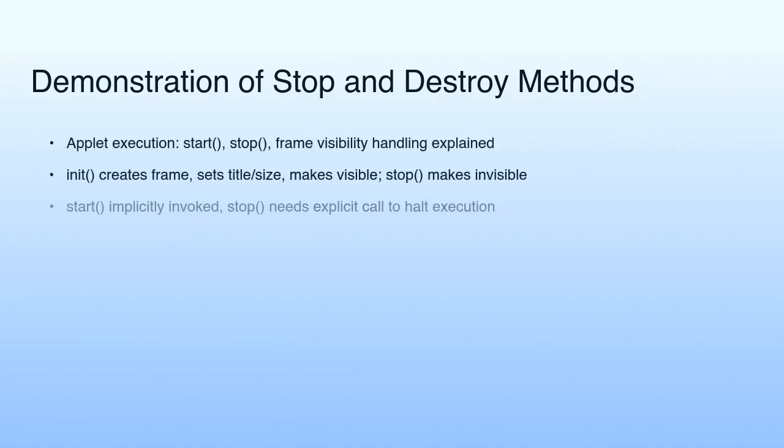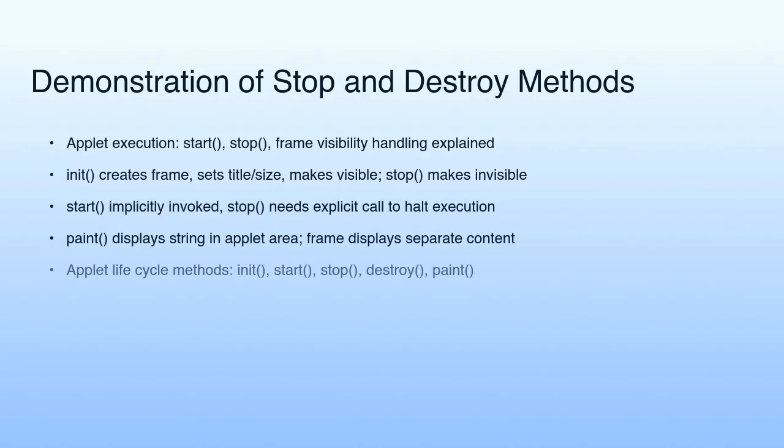Moving on, the video demonstrates the stop and destroy methods in applets, explaining how init creates and sets up the frame, start is implicitly invoked, and stop needs an explicit call to halt execution, while paint displays string content in